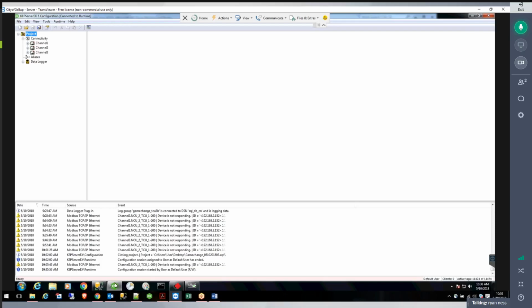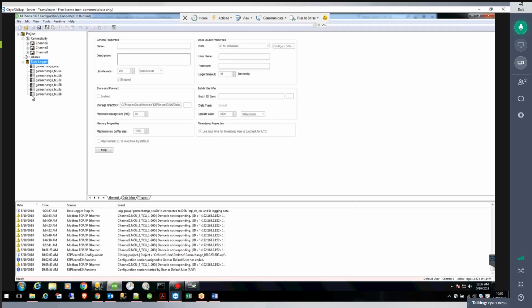I don't know how familiar you are with database topology and all that kind of thing, but it's pretty straightforward. I'll show you some stuff, and you can ask me any questions if you have any. But first, the data logger here. It also is pretty straightforward. There are 3 tabs to configure the data logger. On the general tab,